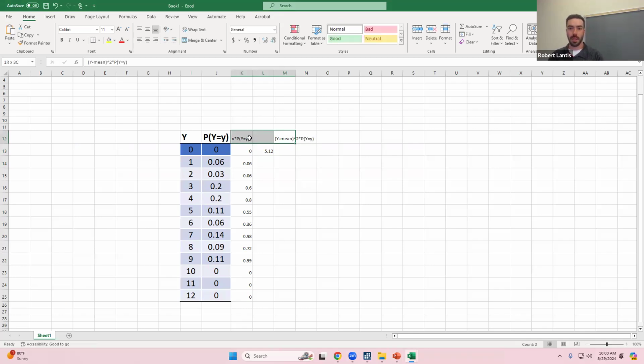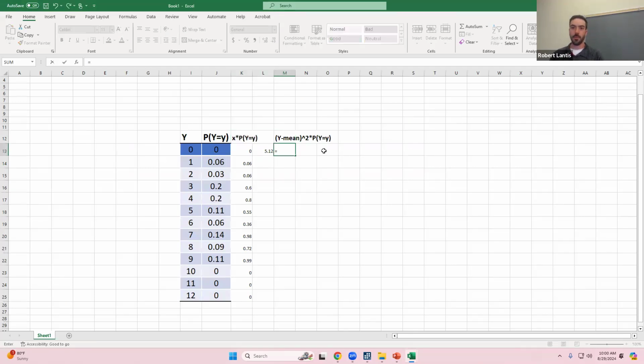Again, you guys probably can't read this too well. So I'm going to go through and take every single y value. I'm going to subtract the mean. I shouldn't have been lazy with this. I should have started with my parentheses, because I'm then going to take that and square it. I'm then going to multiply that by the probability I saw y be equal to that value of 0.